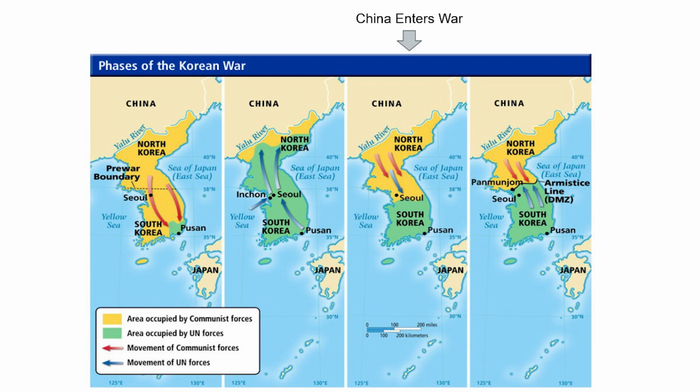But working with the tools that we have here, which is our set of maps, here's how we can break down the large-scale movements of what happened. First, we've got the movement of what at this point are communist North Korean troops into South Korea. They move all the way down to the very southern part of the peninsula to where the UN or United Nations forces are stationed already.